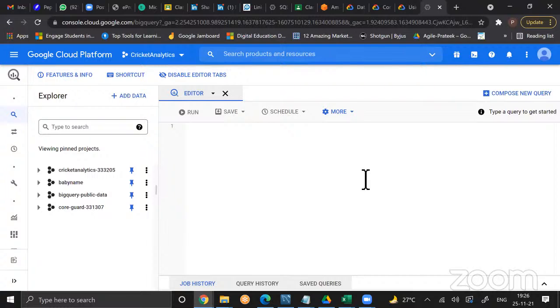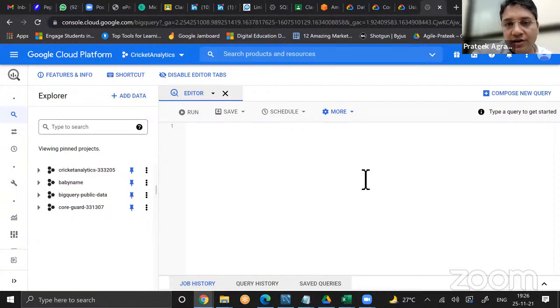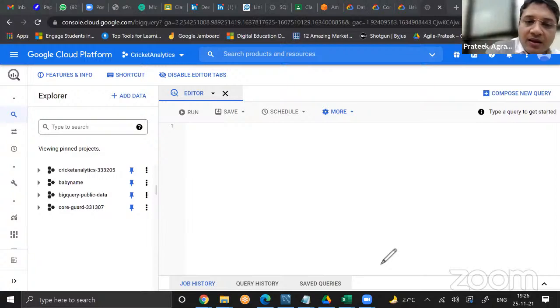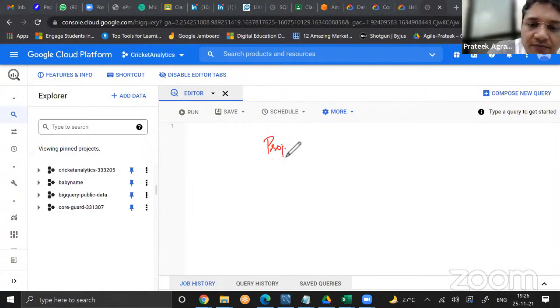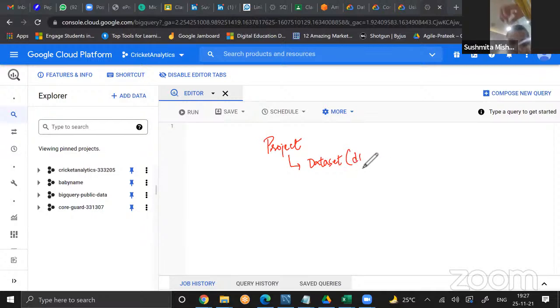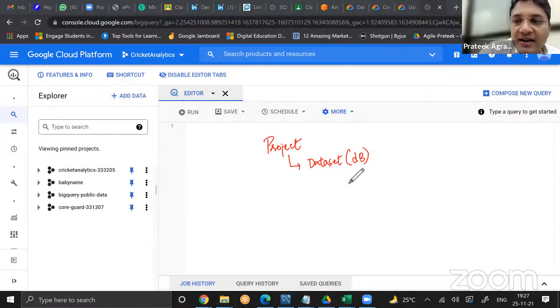Now, a couple of basic things that we will do here. We will create a project. In that project, we will create a data set. A data set is nothing but a database. It's Google's word for database. Nothing but a database. And in that,